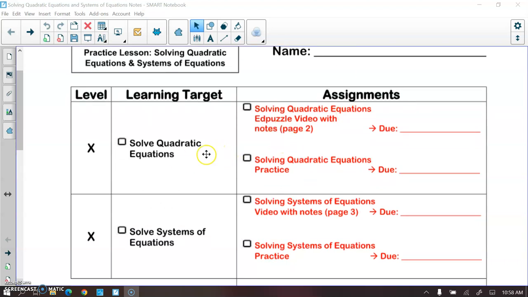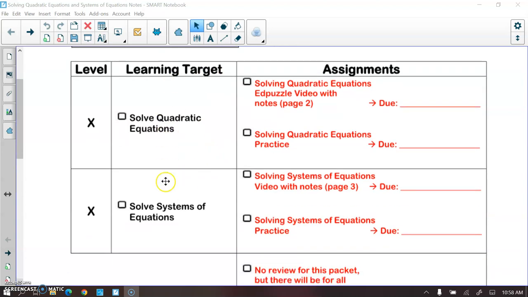You'll have a learning target, and things will normally be split up by levels. Some levels might be combined, some might be separate. And then we will go over due dates at the beginning of each unit or each standard so you know when things are due. Now, the difference between this year and last year is this year,